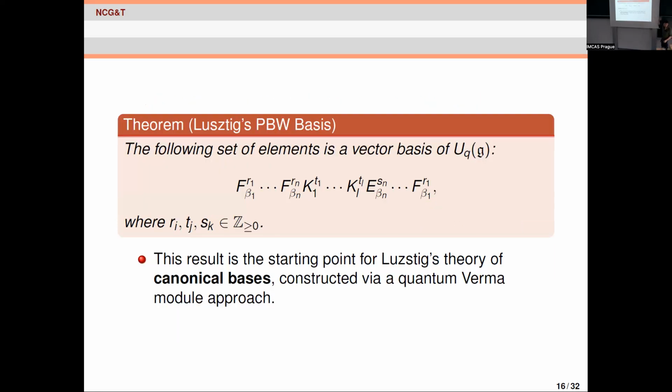This was the starting point, and very, very deep consequences came from this. In particular, let's say the theory of canonical bases, which is one of the major applications of quantum groups to classical representation theory, went on to have many fashionable consequences, things like categorification. You know, this is one of the starting points for this. So it really is a very, very important thing. And that's why we were like, okay, if we want to extend beyond the second order Kolb setting to look at tangent spaces for non-irreducible flags, we don't have this